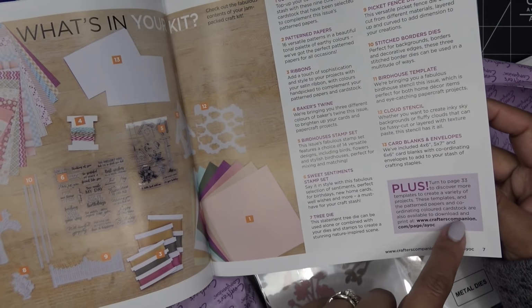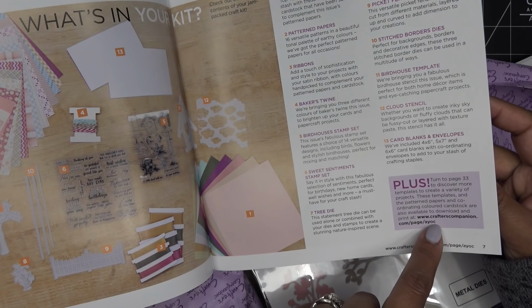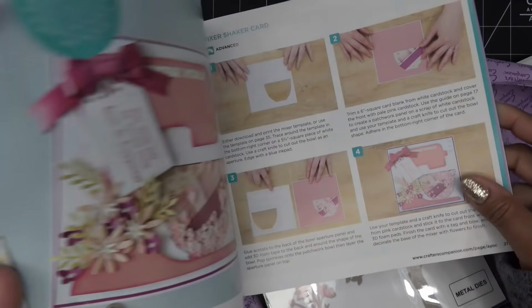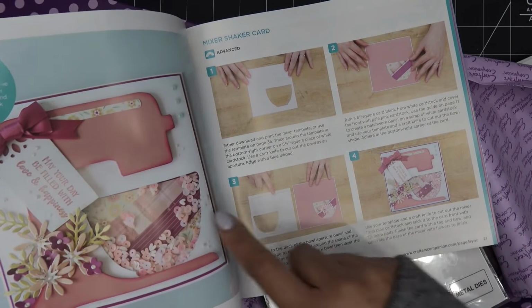So I'm going to go to crafterscompanion.com/page/AYOC, a year of craft, basically. And I'm going to print out this template. All right, this is going to be a little bit painful, guys, because look at how you have to cut